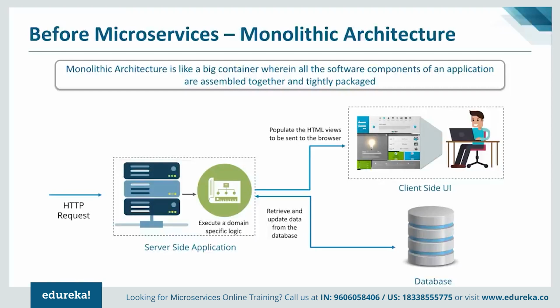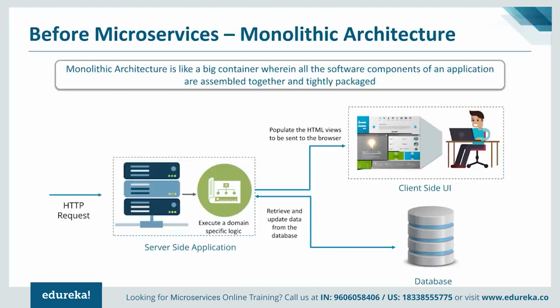Or in other words, I'll say that it will give you a tightly coupled software where each component along with its associated components must be present in order to execute or compile the code. All of these components are dependent on each other. If you notice the definition in front of your screen, it says that monolithic architecture is like a big container, right? Think of it as a big container wherein all the software components of an application are assembled together and tightly